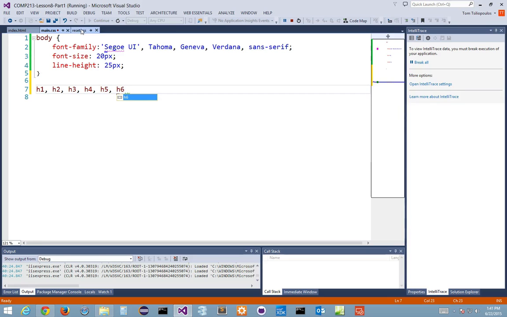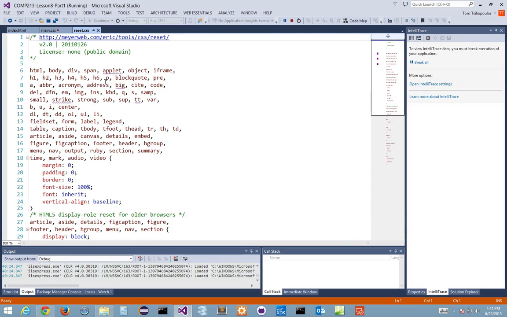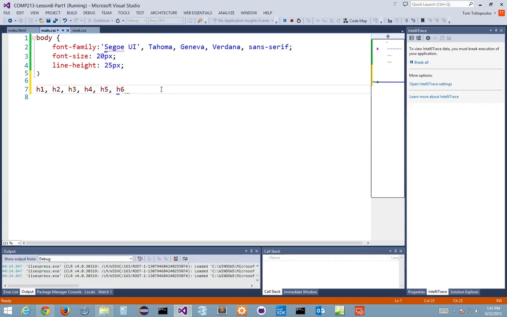And if you don't remember how many there are, go to reset.css, and if you notice, it goes from H1 to H6, right? H1 to H6, right? And then for each of those header tags, I want the weight of my font. I can do a couple of things. I can say, if I say font dash, and if I want styling,